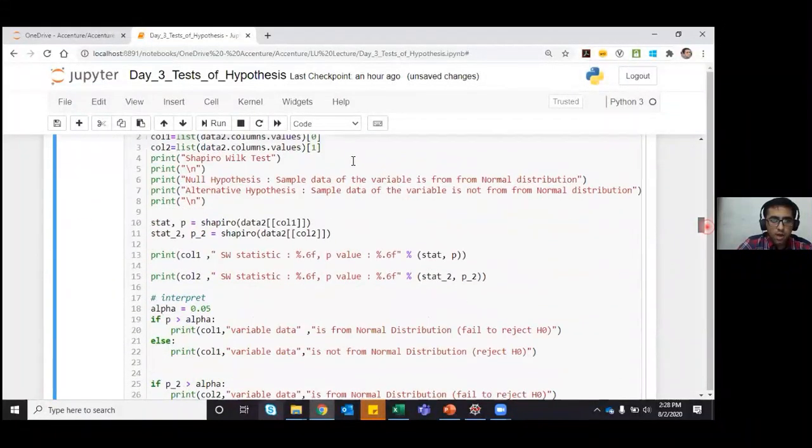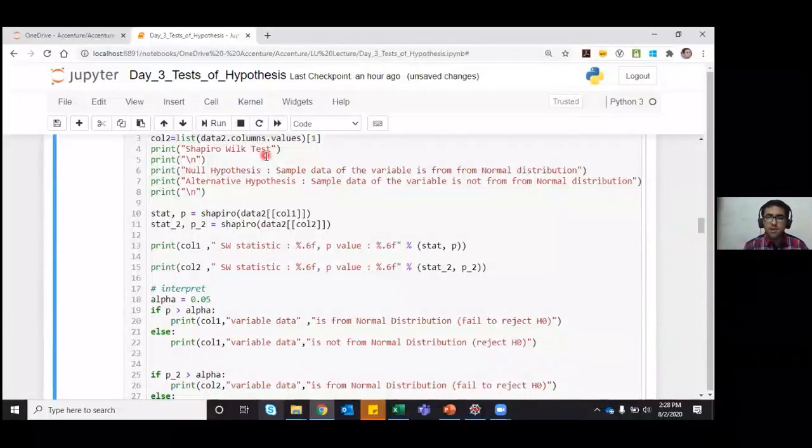So now you can assume I have two data columns, and now for Shapiro-Wilk test we have null hypothesis that the sample data of the variable is from normal distribution, and alternative hypothesis is sample data of the variable is not from normal distribution. The syntax for using Shapiro-Wilk test is Shapiro that I have defined here, and specify the column within that.